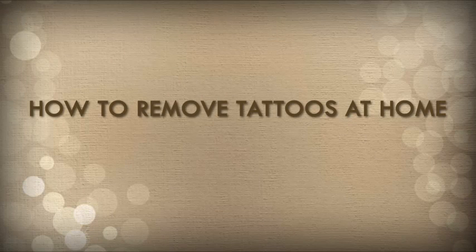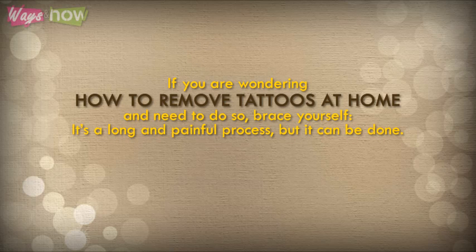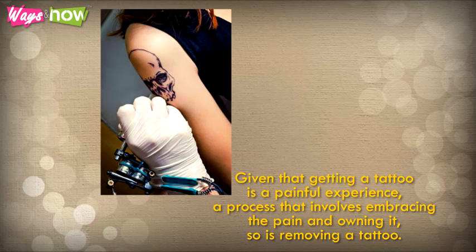How to remove tattoos at home. If you are wondering how to remove tattoos at home and need to do so, brace yourself. It's a long and painful process, but it can be done. Given that getting a tattoo is a painful experience, a process that involves embracing the pain and owning it, so